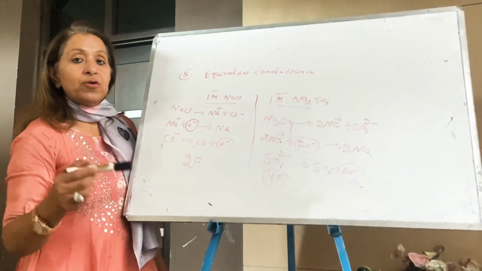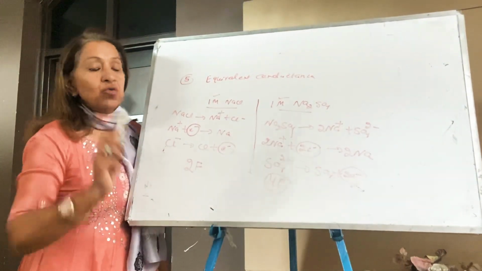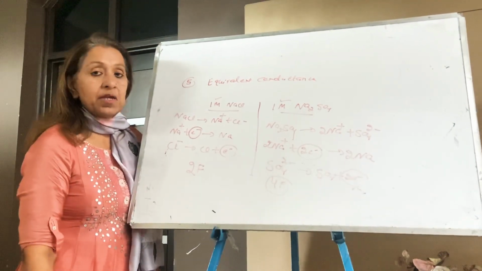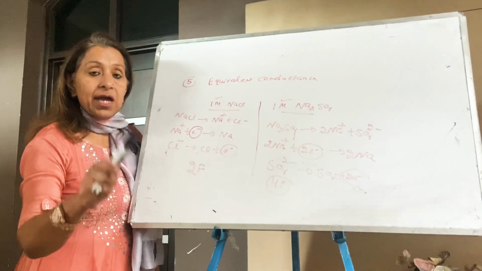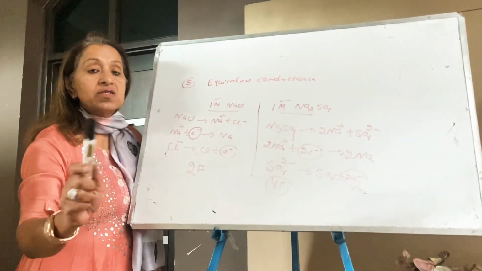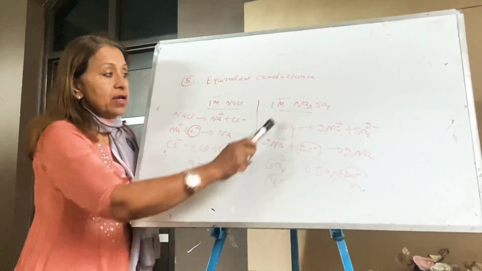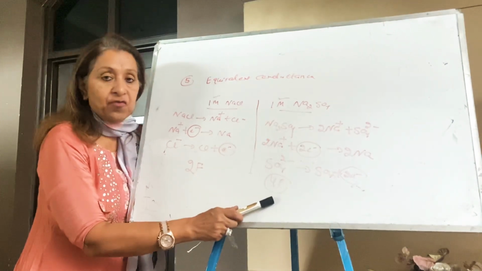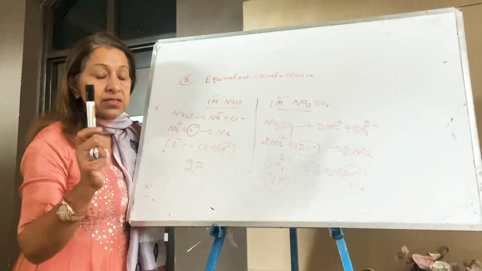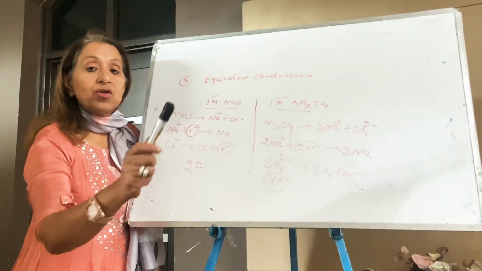This means if we want to compare the conductance of two solutions, there should be two conditions. The one is, concentration must be same. Yes, it is same. The solution must carry equivalent amount of electricity, and this condition is not satisfied. Here 1 M NaCl is carrying 2 Faraday, here 1 M sodium sulfate is carrying 4 Faraday. This means they are not carrying the same amount of electricity. Then scientists thought what to do now. Solution must carry equivalent amount of electricity.